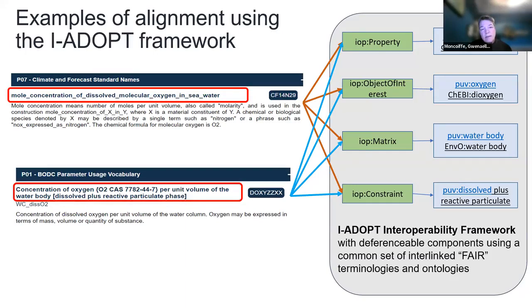So the idea is, for a long time we've wanted to align CF standard names and the BODC parameter usage vocabulary, but with both vocabularies being very narrow and very detailed, it is very difficult to actually align those two vocabularies, almost impossible. And it would be very cumbersome as well to actually maintain all those mappings. So really the use of the I-ADOPT framework for aligning those two complex